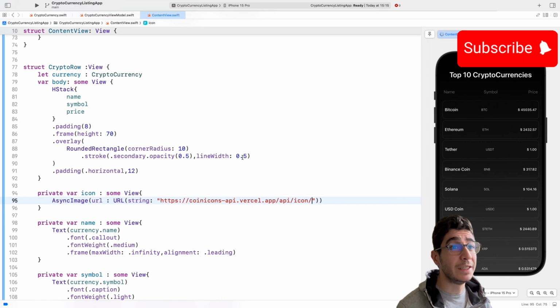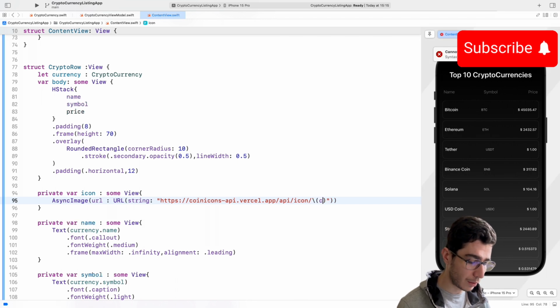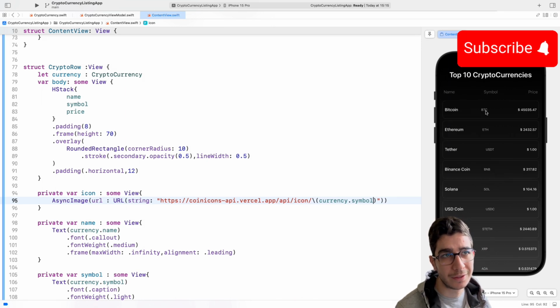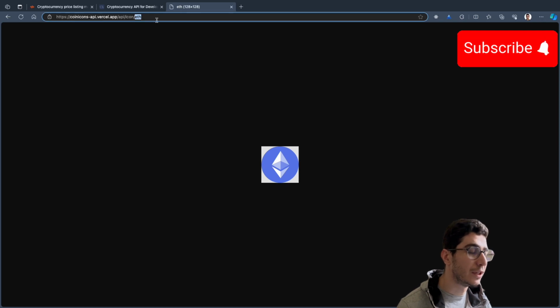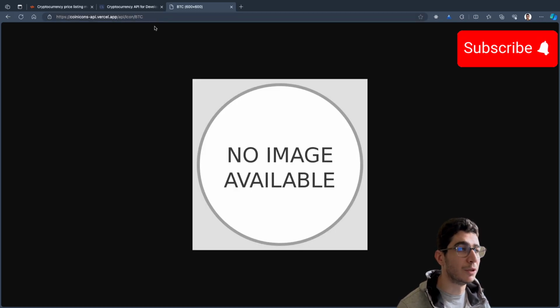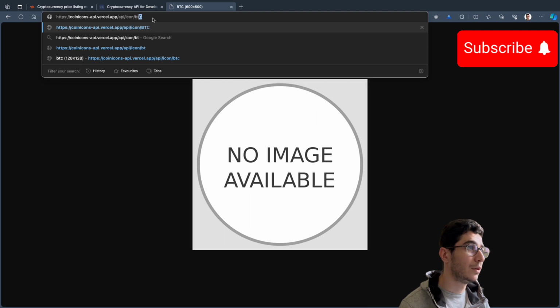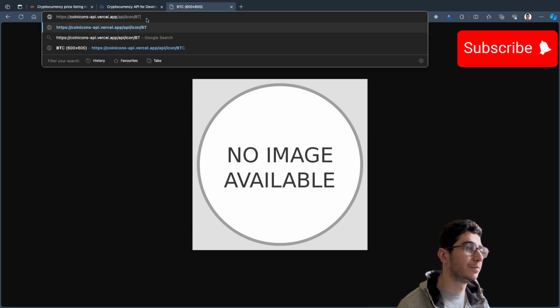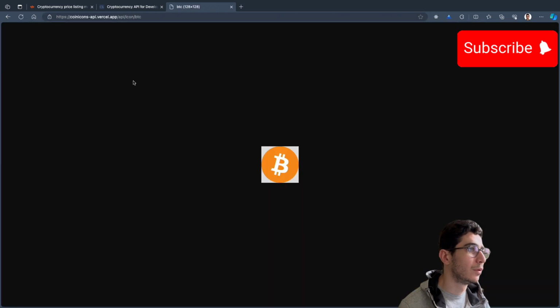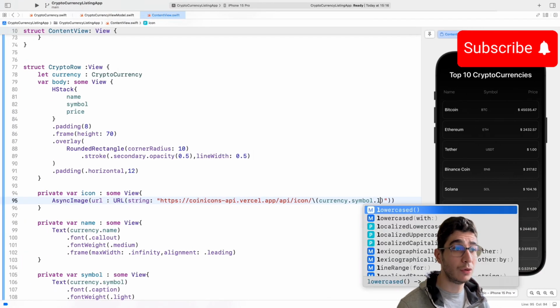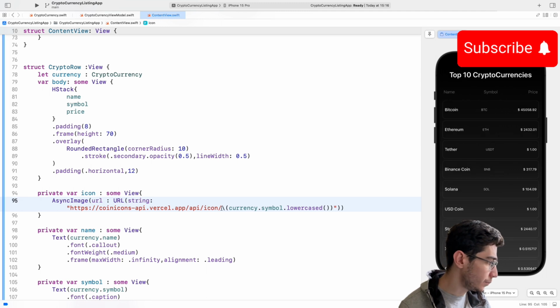So for the symbol, we have the symbol from the API. So let me just grab it. So currency.symbol. As you can see, the symbols are capitalized. So if I say here BTC, no image available. So if you say BTC, sorry about that. Yep. That's it. So we have to lowercase it. So this is lowercase. And here we have to say image in,